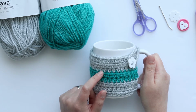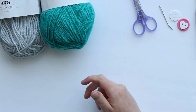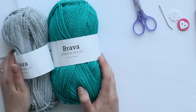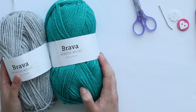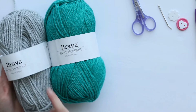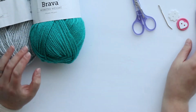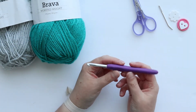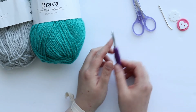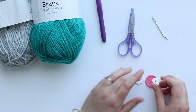So anyway, let's talk about the materials we'll need for our mug cozy. So you'll need 2 colors of acrylic worsted weight yarn. I'm using Brava in Marina, which is this kind of pretty teal color, and then Dove Heather, which is this lighter gray color. You'll also need an H 5mm crochet hook. This is from the Bright set from We Crochet. And you'll also need 1 small button,